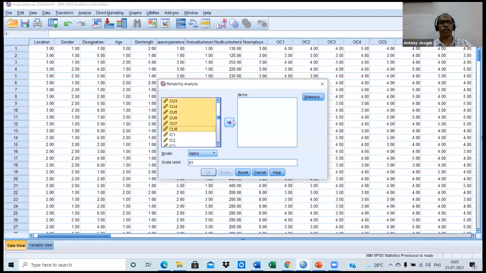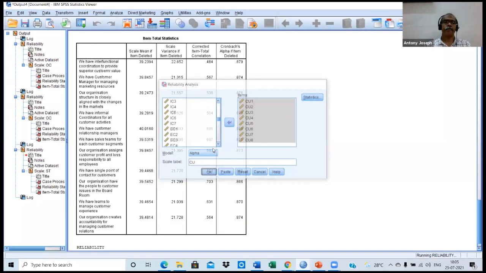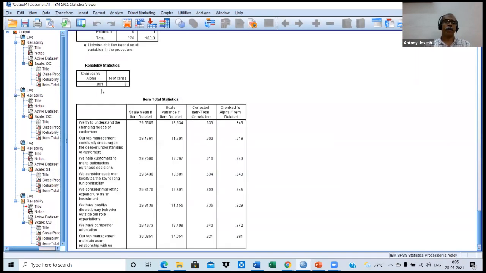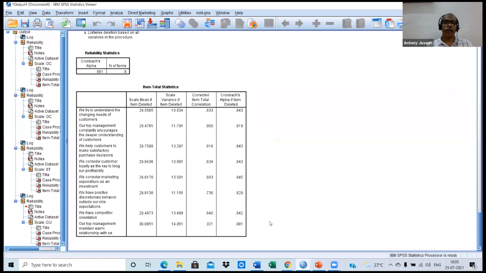There were 8 statements. Okay, CU. Give OK. The Cronbach alpha is 0.861. Number of items, 8. Check Cronbach alpha of all items, whether anyone is actually greater than 0.861.